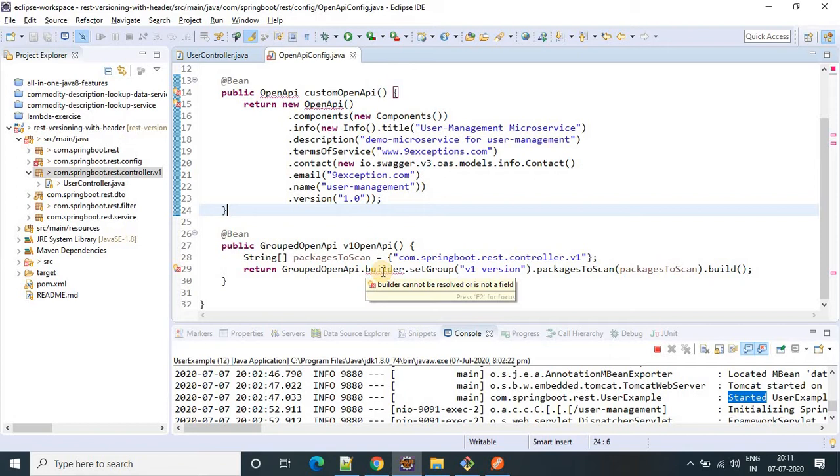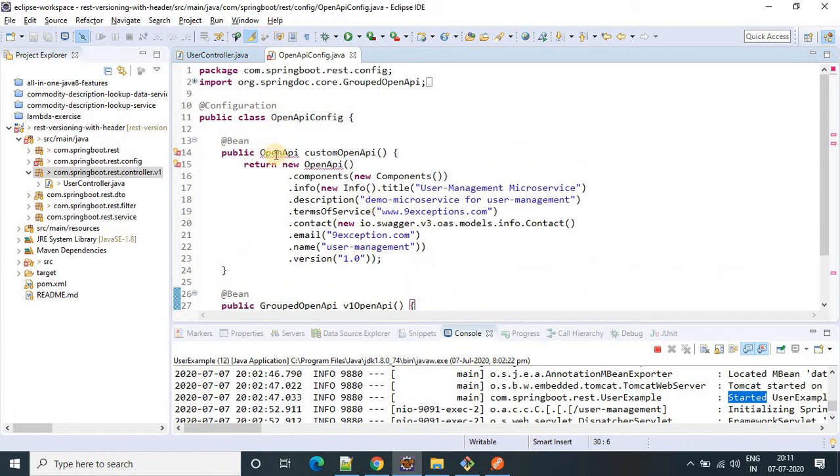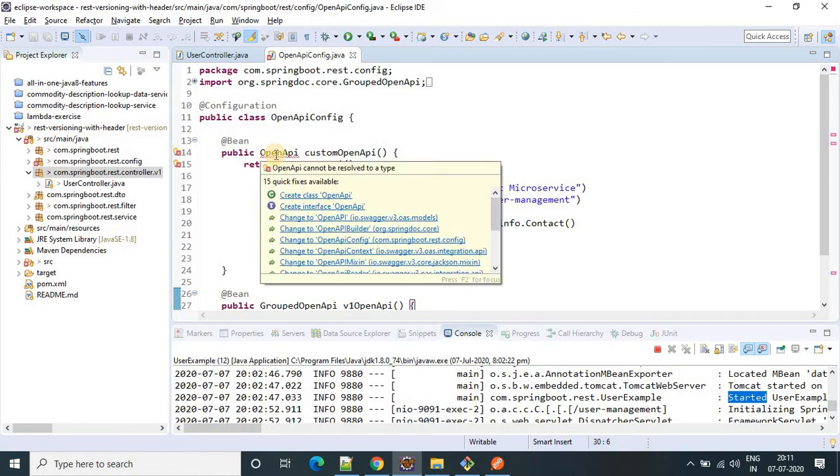Builder cannot be resolved or is not a field. Why? Import the package?